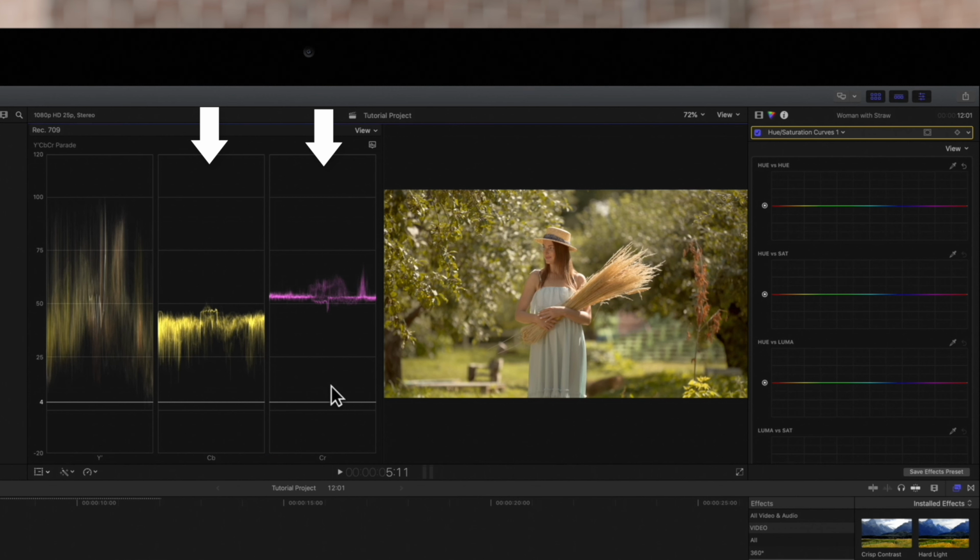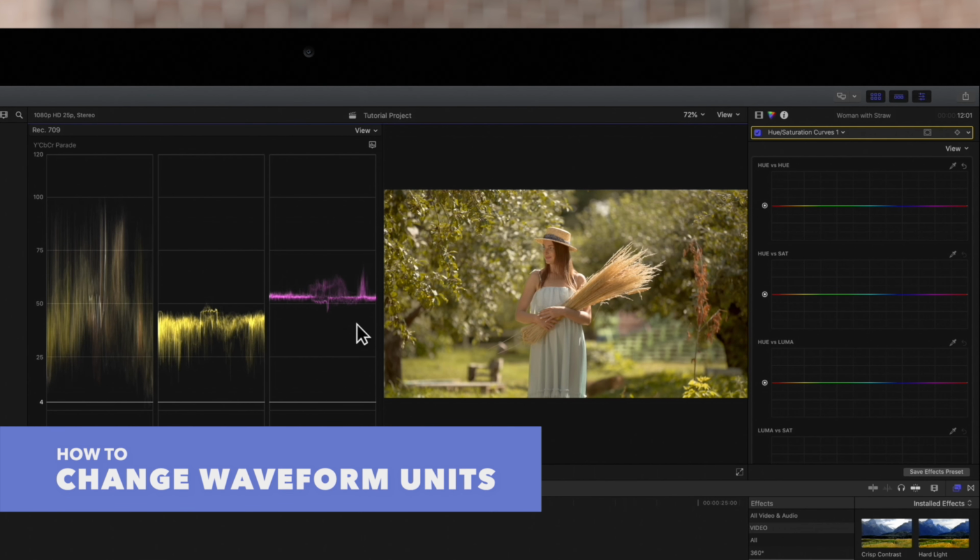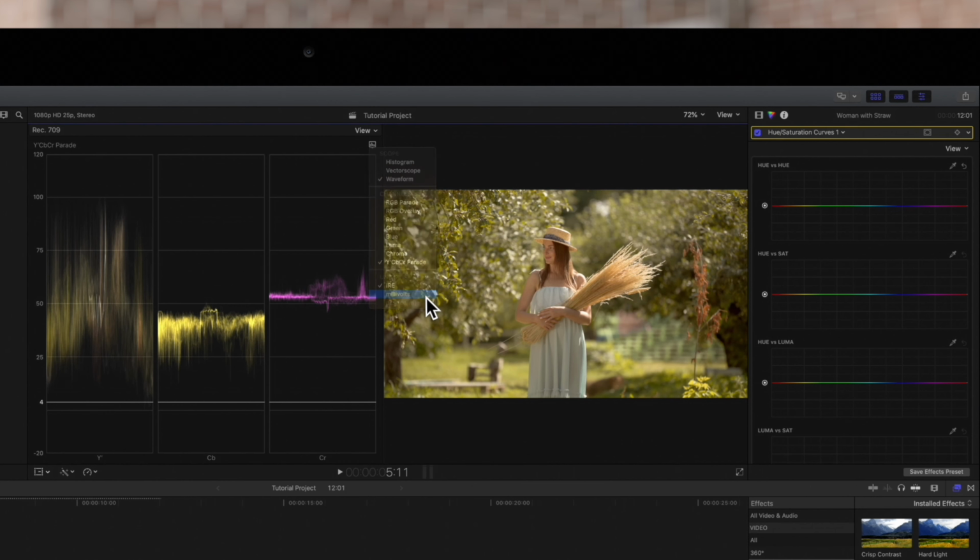CB and CR store all the color information, while Y stores the light information. In case you want to adjust the units, you can switch to millivolts or nits instead. But we'll keep it as IRE because it's easy to read.